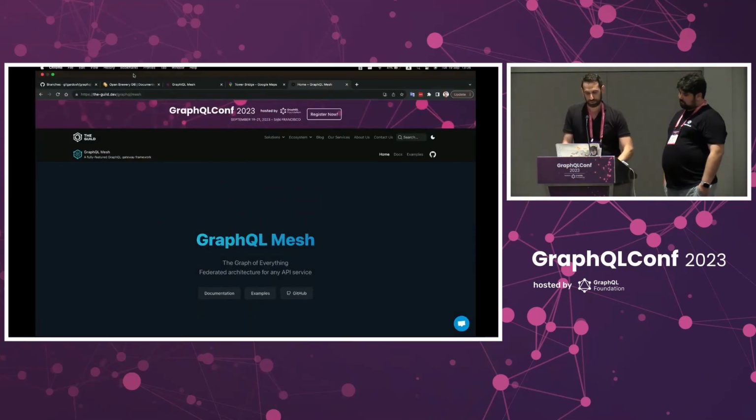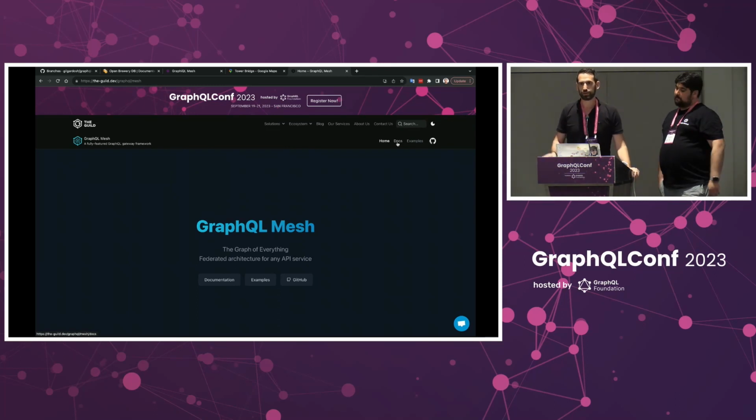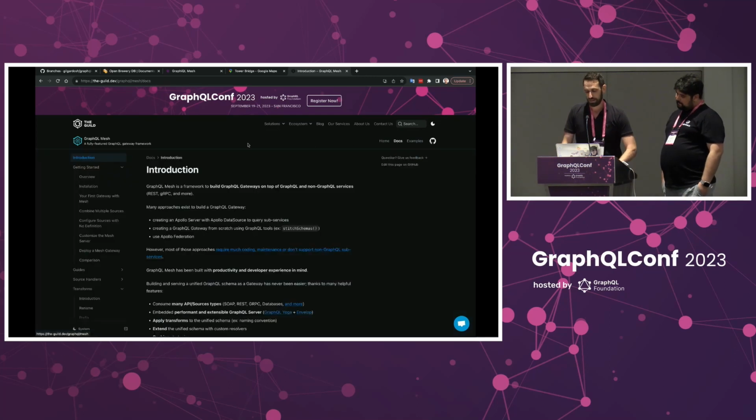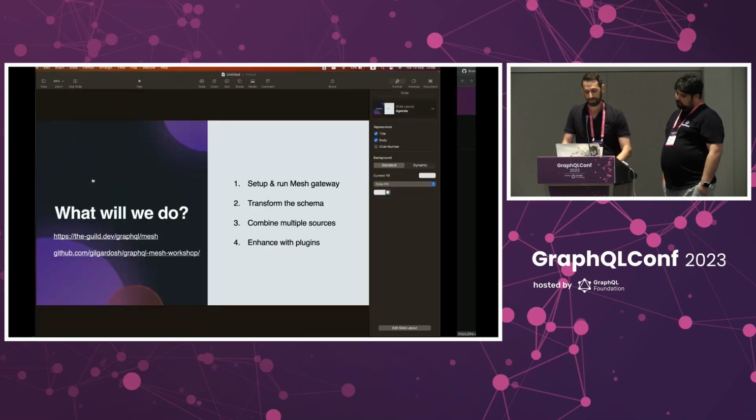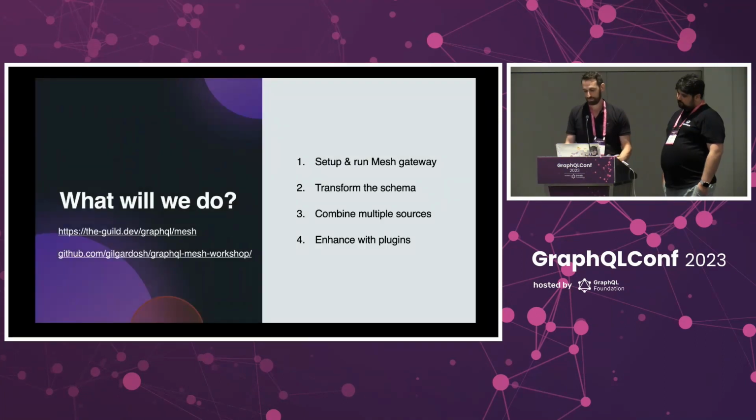I will just show the GraphQL Mesh website. In it, we will use those docs. You can already try to scroll through it and see what catches your eye. But in the docs, there is a getting started guide, which we will use parts of in just a couple of minutes. You can already try to go through it, but before you do, let's start with one basic